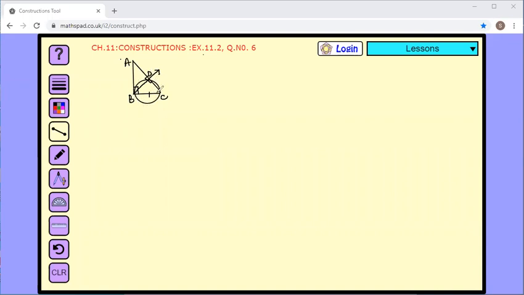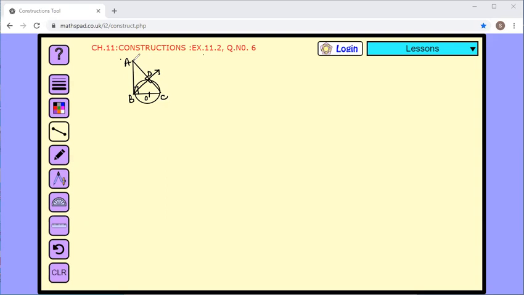Now this circle is there. From this point A, we have to construct a tangent to the circle. Now children, see, this is a right angle. That means this is the angle in semicircle. Therefore, this BC must be the diameter of the circle. And if it is diameter of the circle, then this means this OB is the radius. And this radius, again, this angle is given equal to 90 degree. Therefore, this line AB is definitely a tangent to the circle.